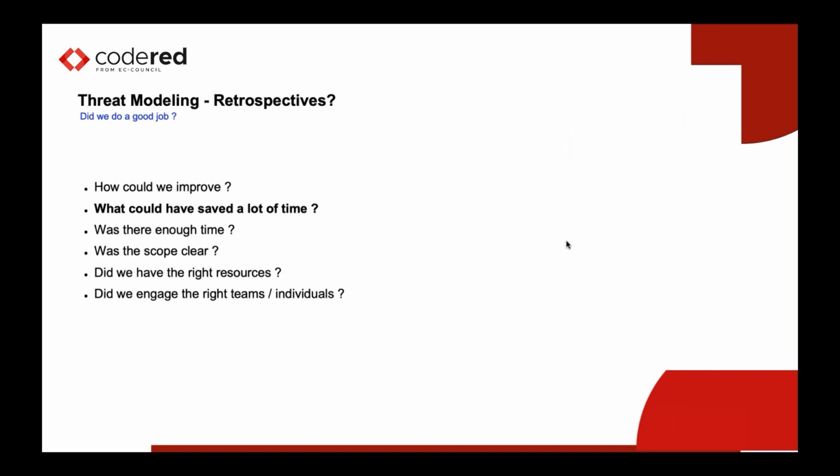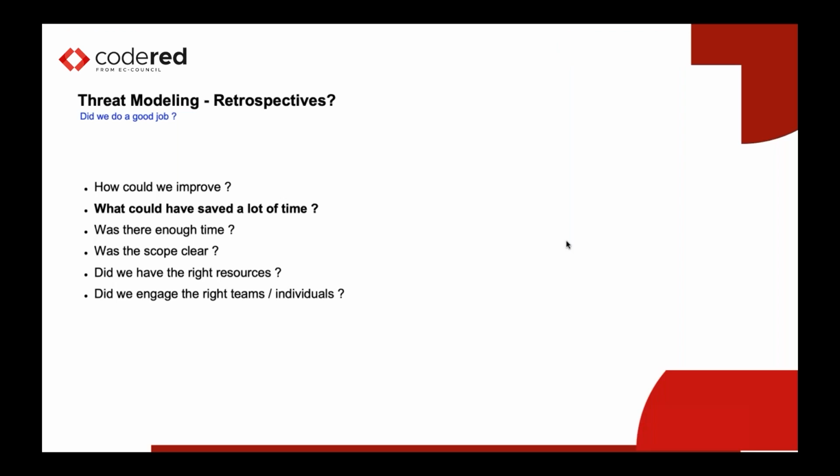So the final step is thinking about whether we did a good job, which is more like a retrospective, where we would focus on how we could improve, especially around the time spent on those attacks. So we'll think about whether there were areas where we spent a lot of time because of the diagram